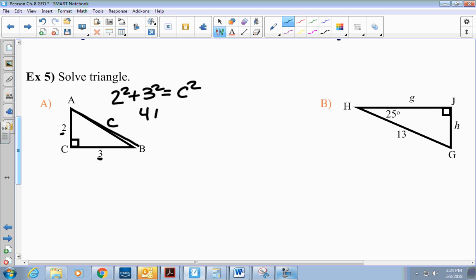So that's 4 plus 9 equals c squared. 4 and 9 is 13. So c is the square root of 13. I would like to avoid using the square root of 13 in my trigonometry calculations because it's ugly and we're not going to use it. So I'm going to,